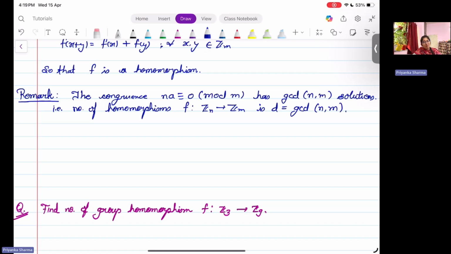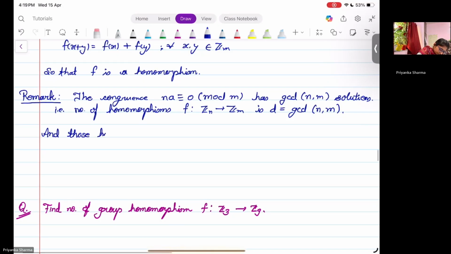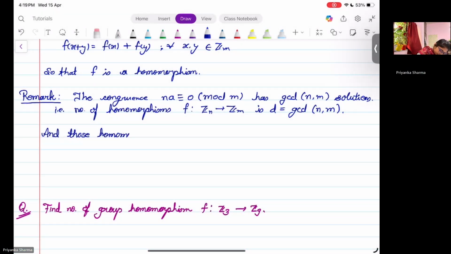And what will be the form of those homomorphisms? Those homomorphisms are given by f of x is ax for all x belonging to Zn,